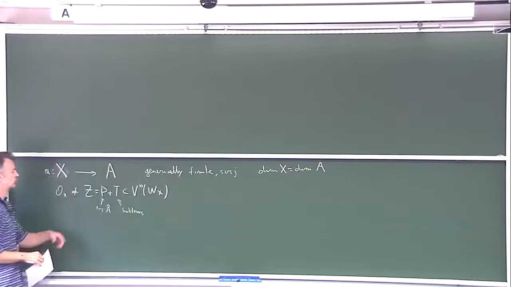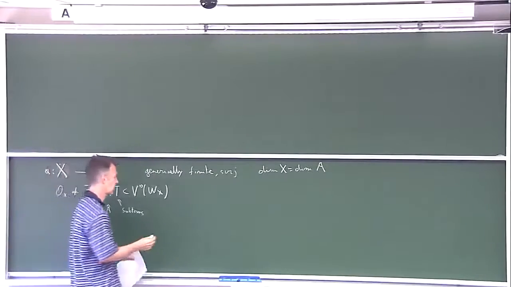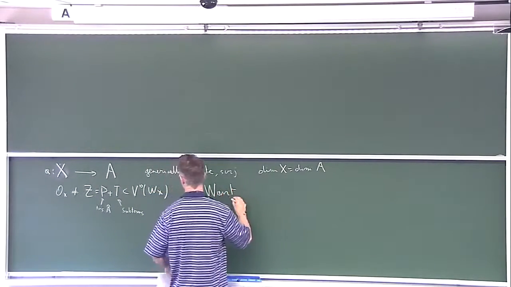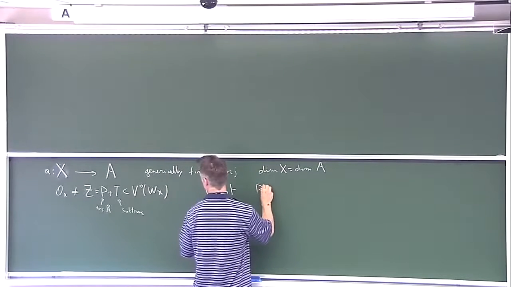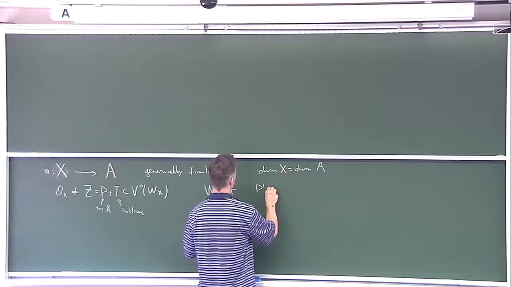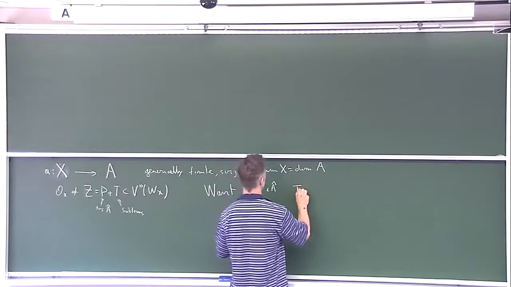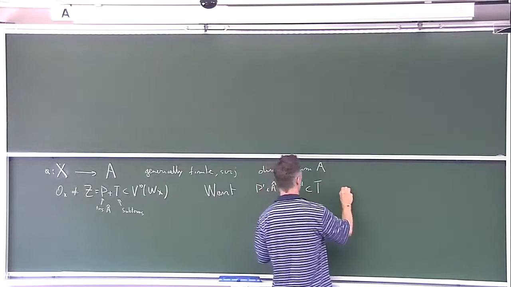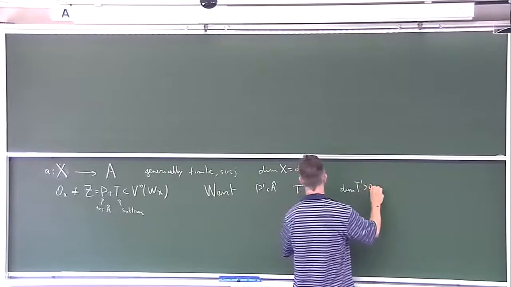And we knew that the dimension of Z is positive. Now, what we want is a point P prime in A hat and a subvariety T prime contained in T with dimension of T prime greater than 0